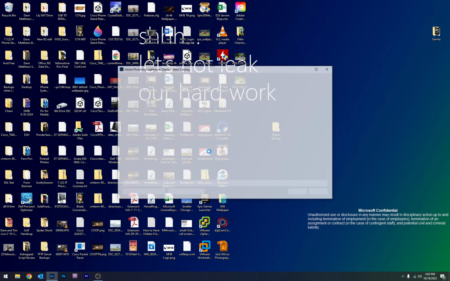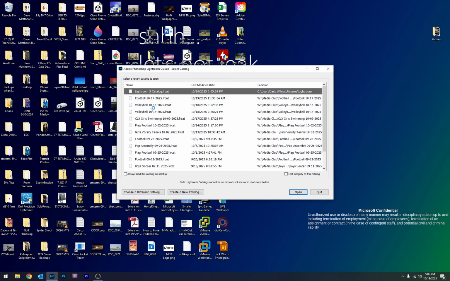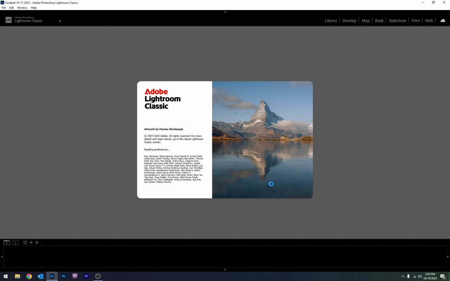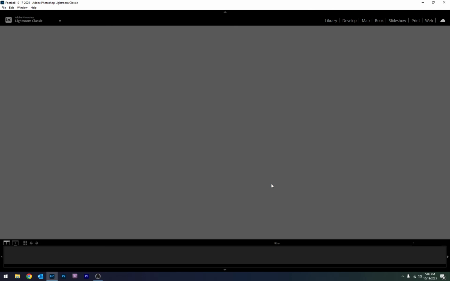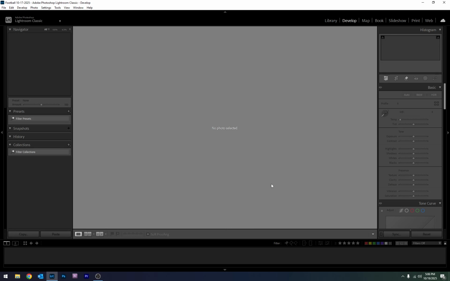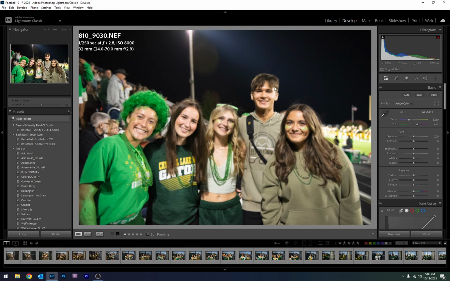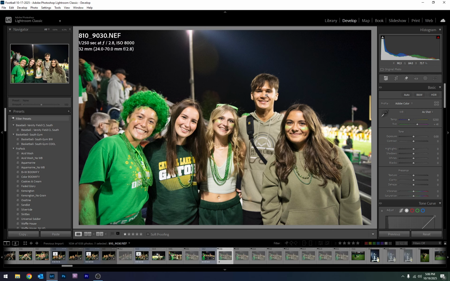So we're going to be doing a couple of changes I like to do. So I'm just going to open up this random football catalog I took pictures of. This is not what we're going to be using. You're not going to get that screen to select which catalog you want to open. That is something that I changed, which I'm actually going to show you how to change right now. So we're going to wait for just the sample catalog to open. So when you open up Lightroom for the first time,